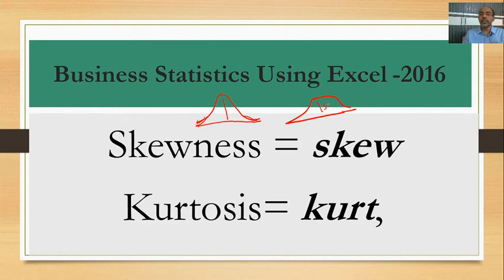Skewed distribution. Okay, we have two types: one is positive and another one is negative. Is it okay? So this is skewed, this is normal. To find that, we want the skewness. Skewness is a formula used for finding the value with the sign. Sign means positive or negative skewness.